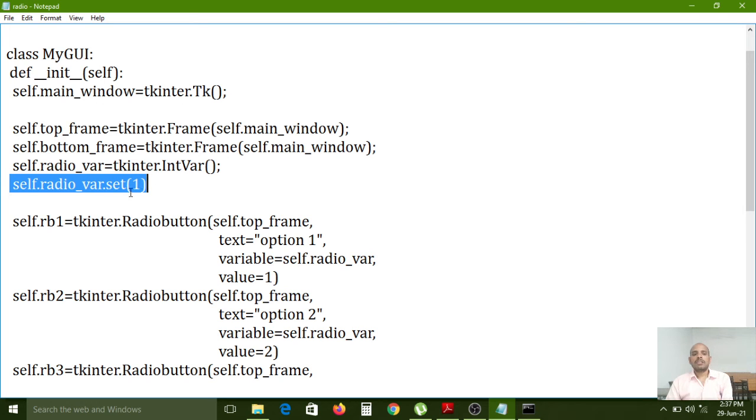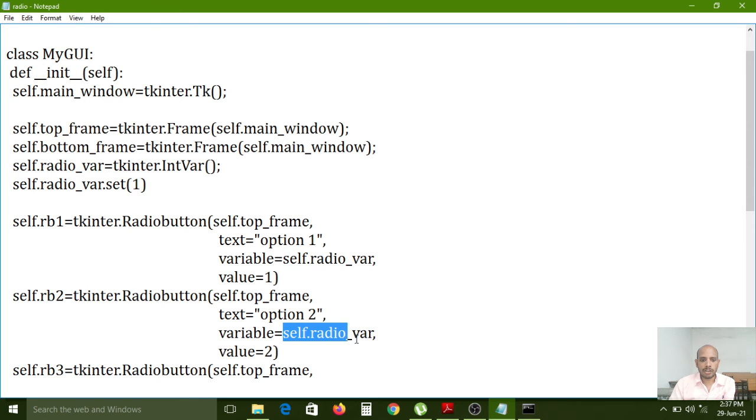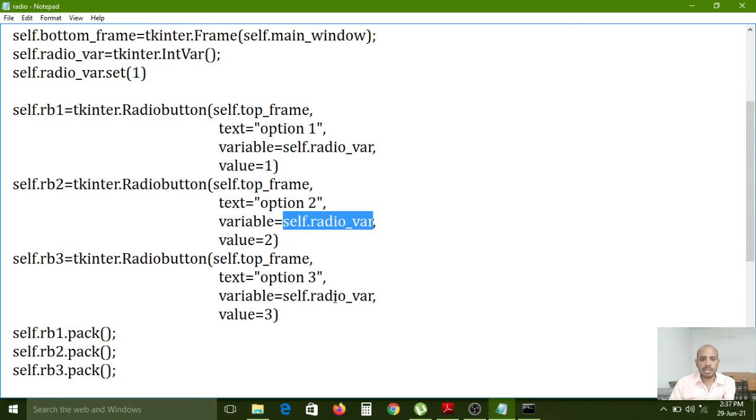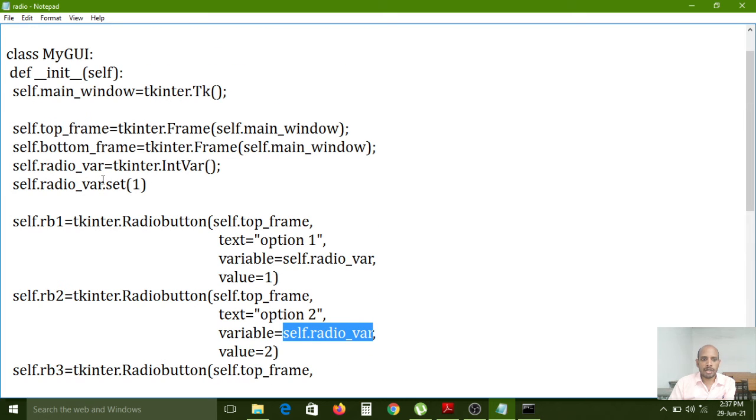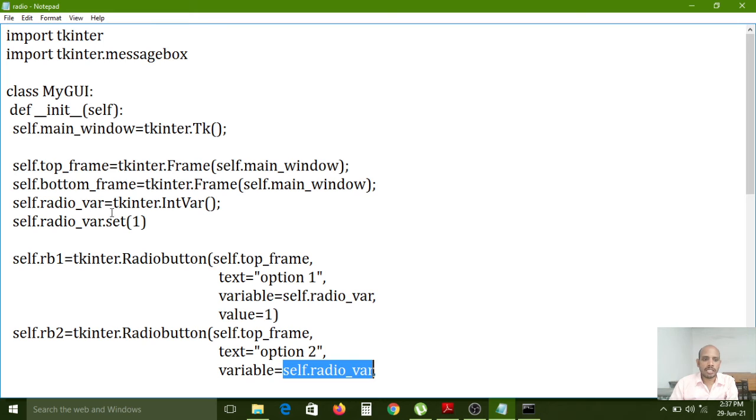Because we configured this one variable in all the buttons, self.radio_var, self.radio_var, self.radio_var, it will select only one option. If you create 3 variables instead, now I am using the same problem.